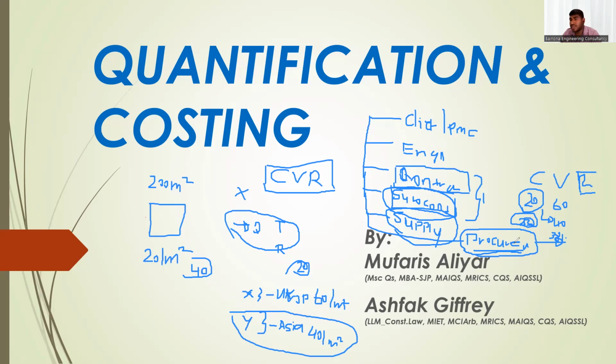Another duty, as I said earlier, is looking into the payment, which is also cost controlling. Looking into this kind of thing is also cost controlling. Now we see the payment, they do cost controlling, and they do variations. For example, if there is a deviation in the contract, change management procedures will come, the client will instruct the changes, you will do the changes, and then you submit a variation according to the contract. That is also a duty of the QS.